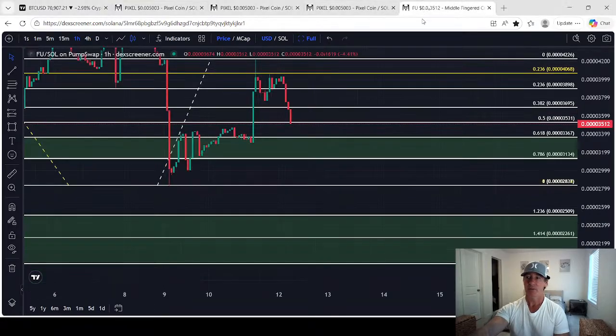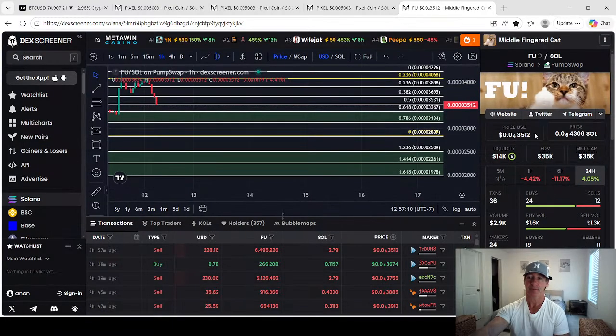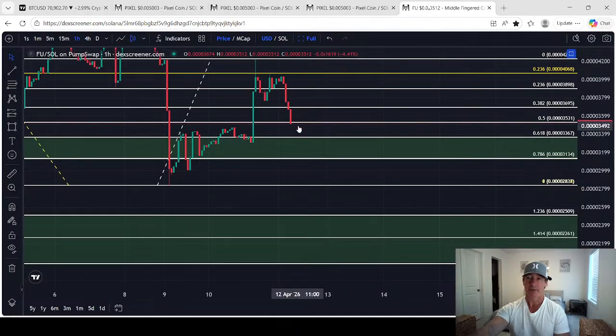So we're doing Middle Fingered Cat, FU, again, it's a 35K cap. And it is trying to find support right now, so maybe it'll find support between the 0.618 and 0.786 at 0.403367 and 0.403134. And so we got that. Let's go ahead and look at